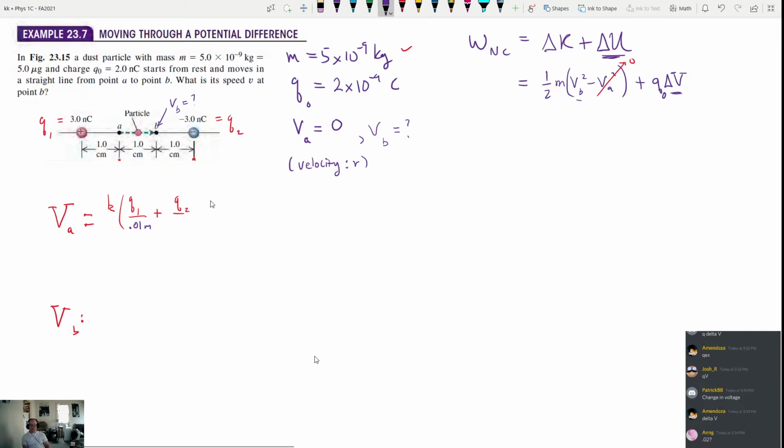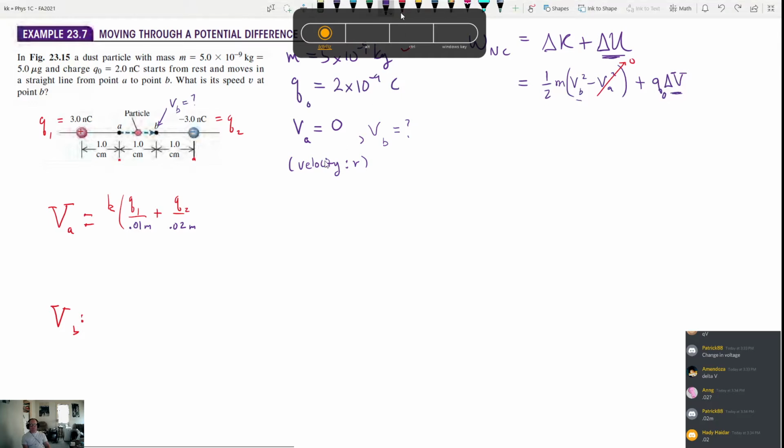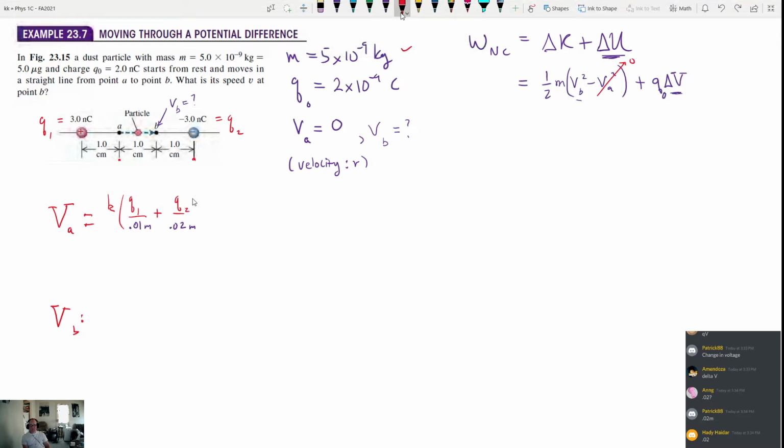0.02. Yep, so we'll just plug in 0.02 down here. Okay, so that is going to be what VA is. Now you all can see what the values are, but I'm still going to plug them in here. I'm not going to rewrite K. I get really tired of doing that. Q1 is 3 nanocoulombs, so 3 times 10 to the negative 9 coulomb over 0.01